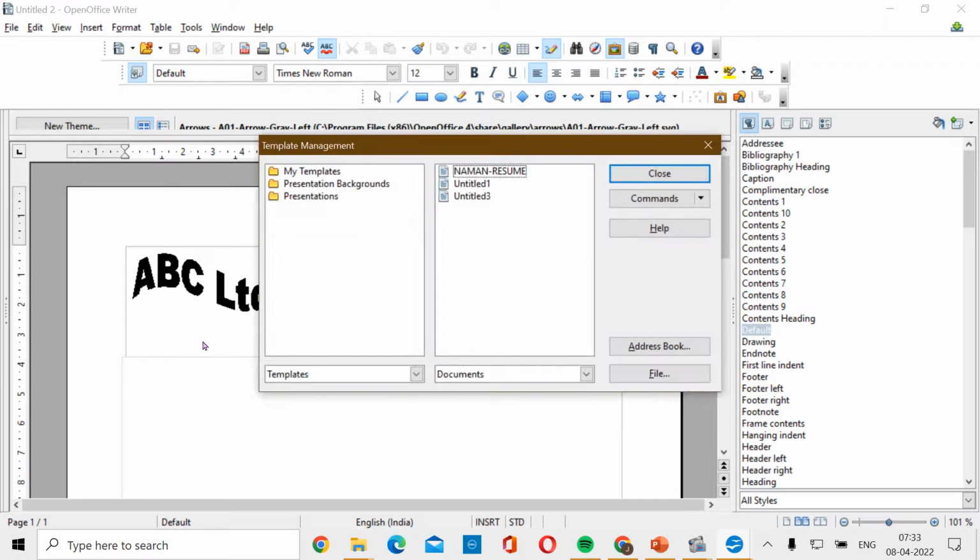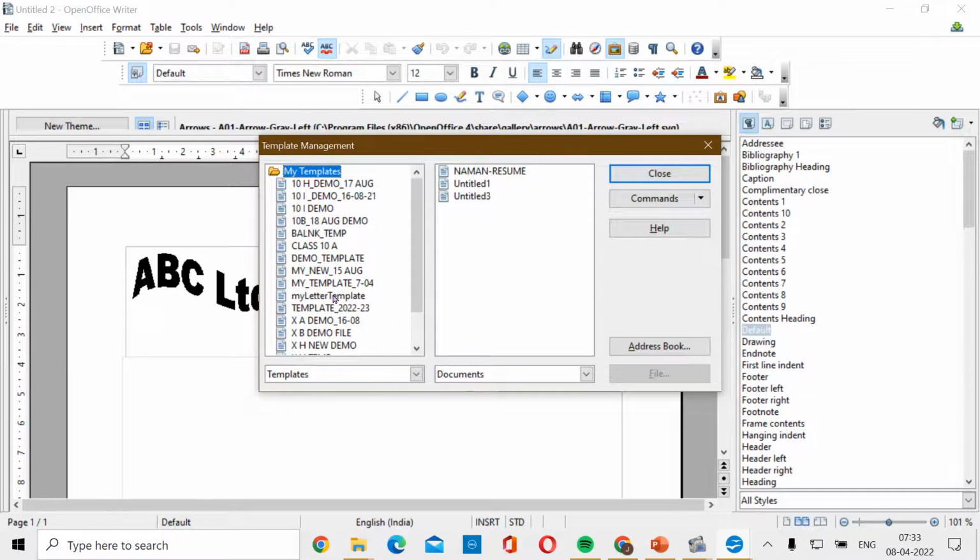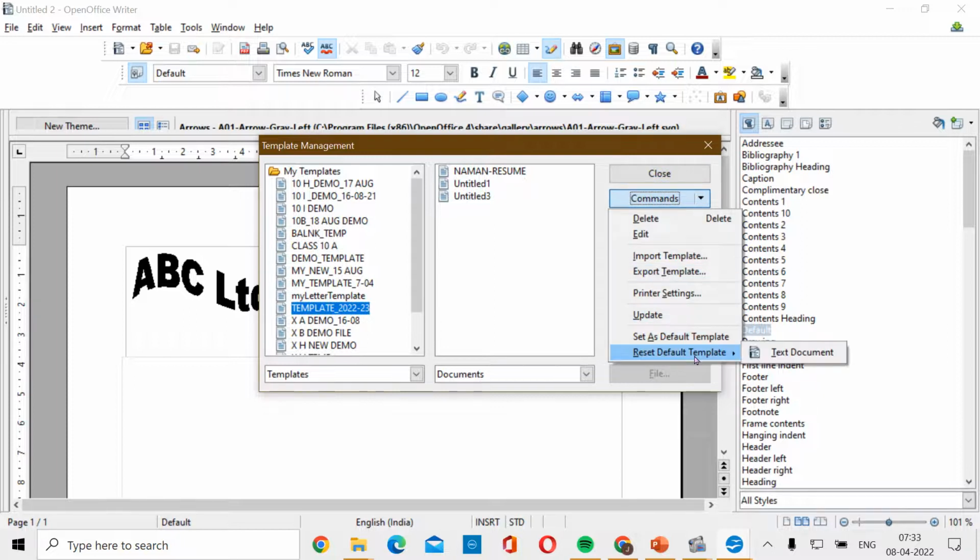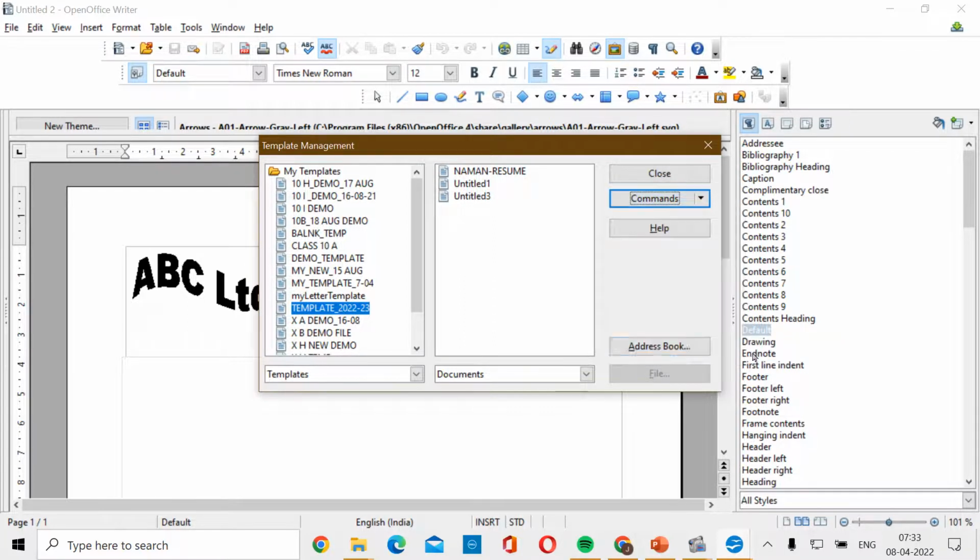The moment you click on Organize, double click on My Templates, click any template, and then under Commands you have to click on Reset Default Template to Text Document. When you have done it, click on Close.